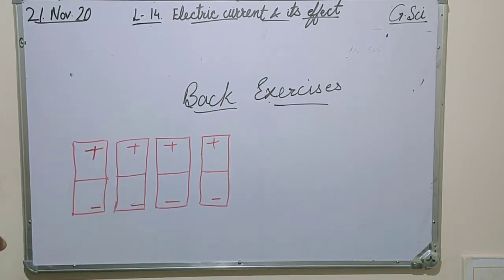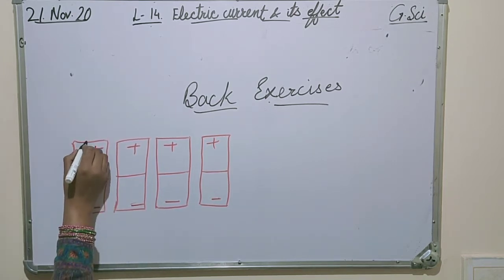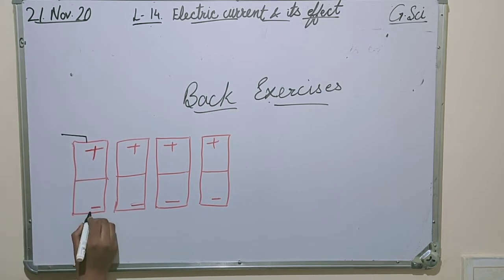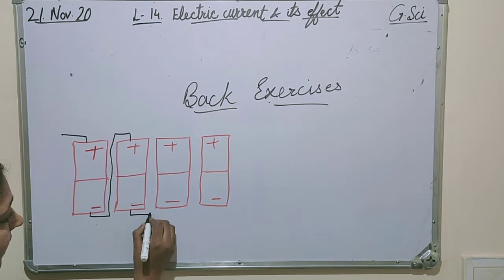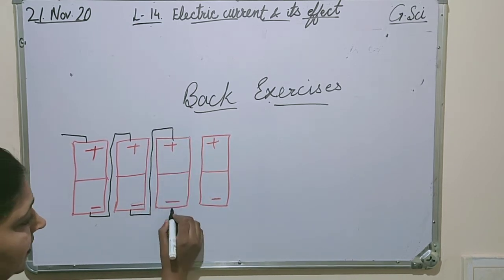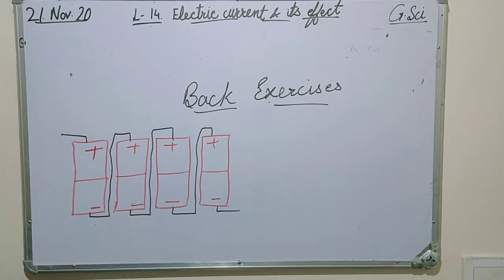You just have to draw the lines. And how can we draw the lines? Firstly, the positive end should be out. The negative end should be connected with the positive of this, and the negative of this should be connected to this. Now, what is this type of joining called? This is called connecting in series, because I have connected the negative end of one cell to the positive end of the other cell.